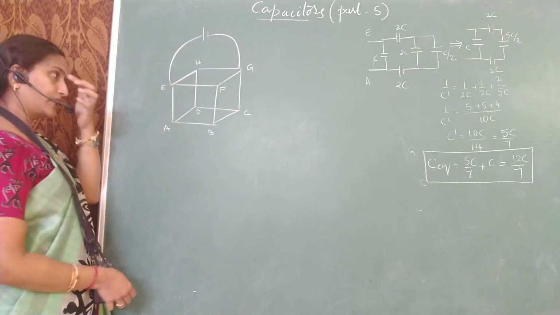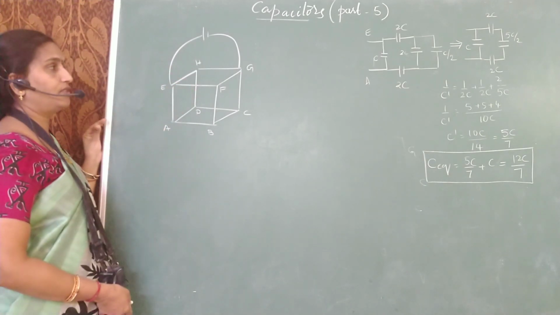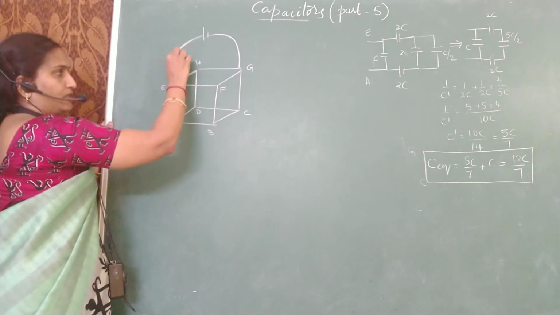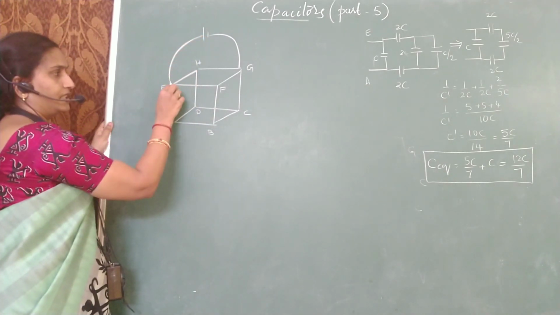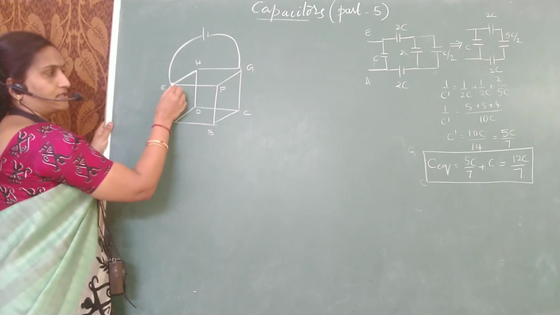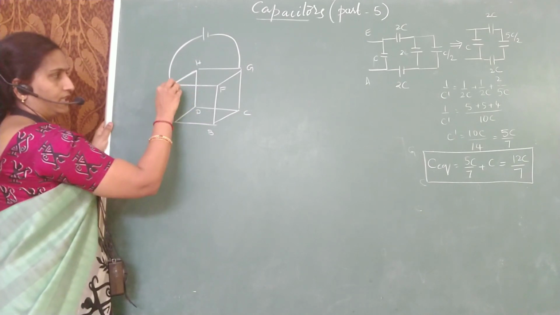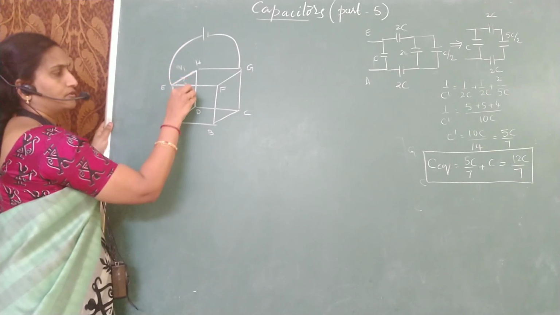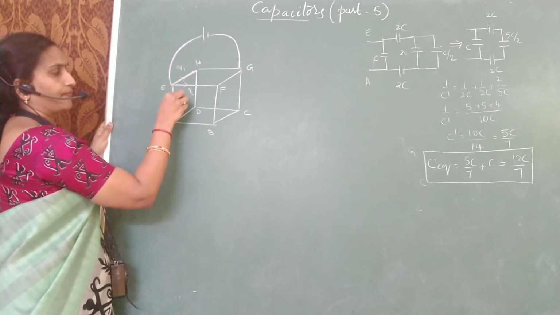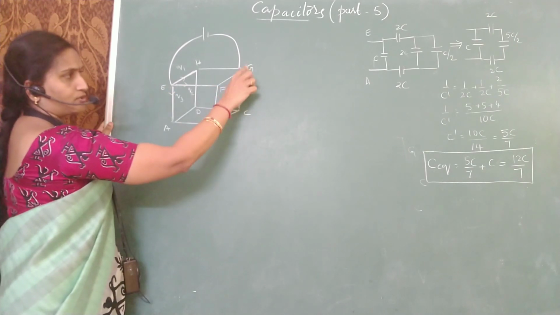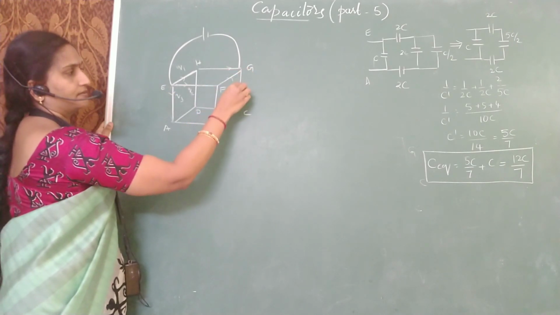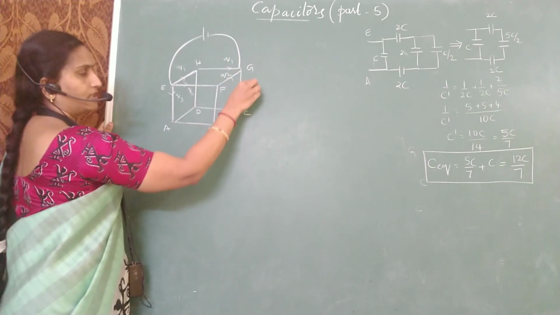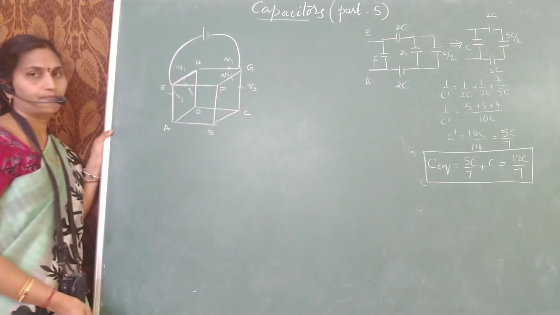Assume there is a capacitance across each edge. Again, you have to identify the equipotential points. See, assume that the charge is coming from this point till this junction. It is divided into 3. So let me divide this as Q1, Q2, Q3. Again, it has to reach this junction as Q1, Q2 and Q3.